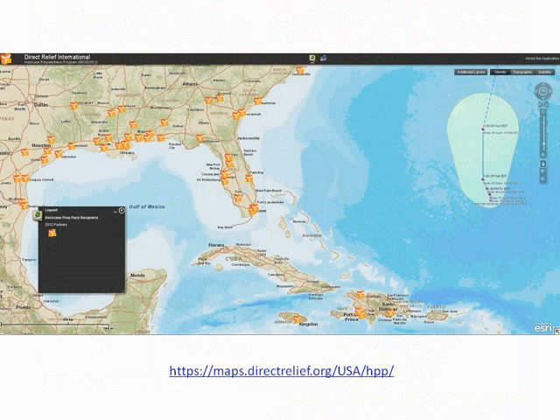So we built from that, more applications that were built off of the Flex platform. Again, this is an application that was developed for hurricane preparedness in the United States.